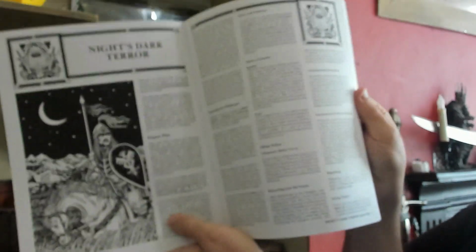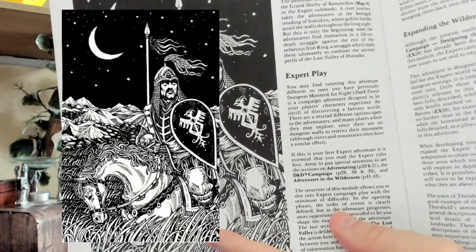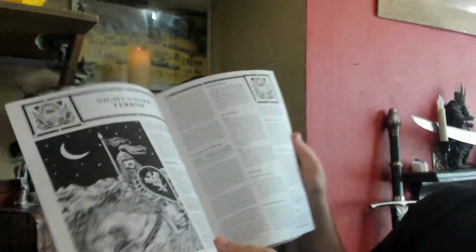which modern media seems to like doing. This does it. It is really well done. Let's have a look at some of it on there. The interior is lovely. It has lovely illustrations. As I said, it takes you through the expert play quickly, but if you want more,